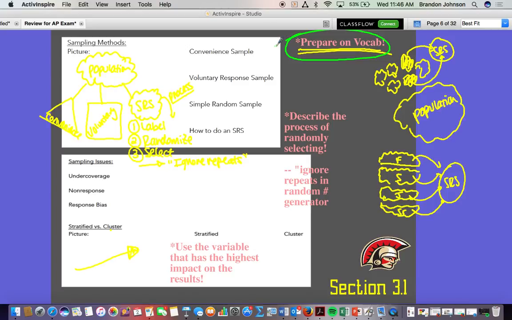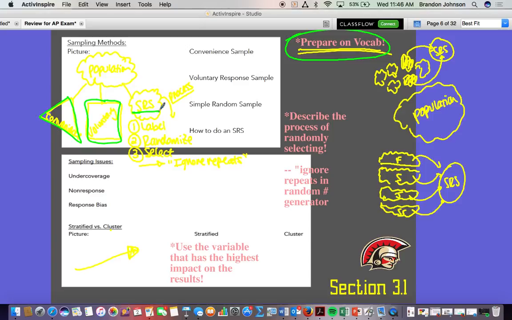As we look at this, we've noticed that we have a picture. Remember this picture? We've got a population here, and we notice that this is a triangle. We call that a convenient sample, right? And we have this thing called a voluntary sample. Why are those not clouds? Good, it's not representative of the population, right? So that's why we don't put it in as a cloud. But an SRS is, if we do it appropriately, a representation of our population, and that's why we sample appropriately